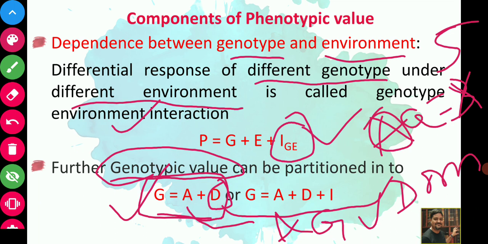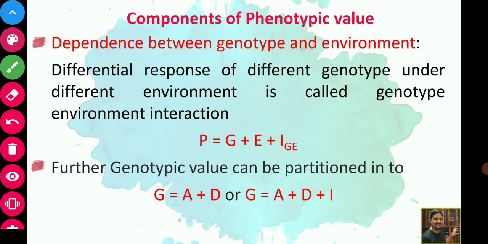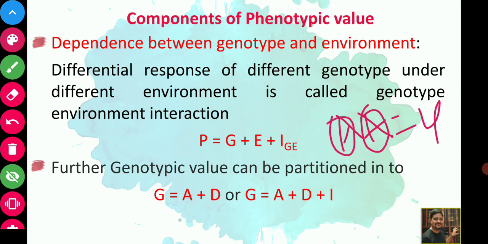Why? Because of dominance. Capital A is dominating the small a, and they have better expression than either homozygote. This betterness is due to the dominance deviation. So just remember again, capital A capital A: each A contributes 2 units, so the total is 4 units. 2 plus 2 is equal to 4.